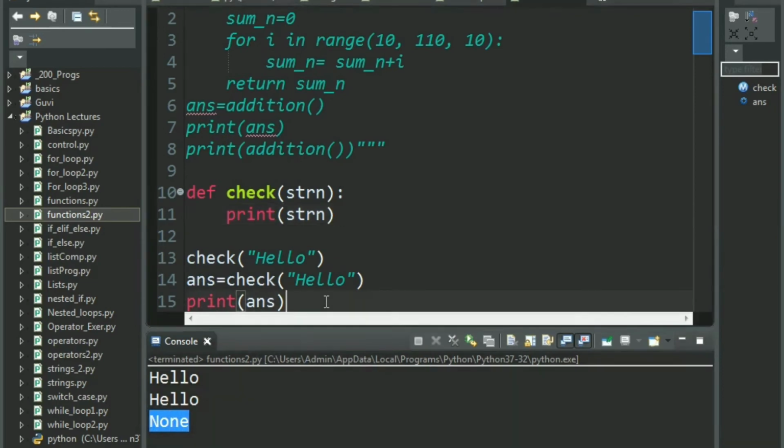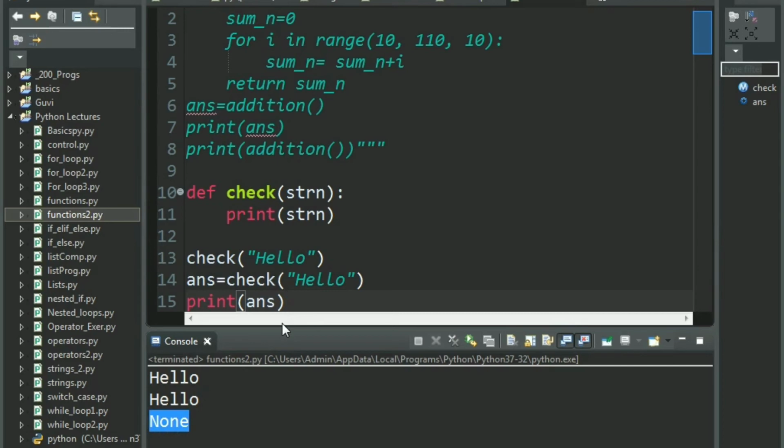Okay, now you understand the statement that I was saying. Even though you don't explicitly mention a return statement, there will be a return action going on at the back end which is not visible to you, but if you want to see it, you can print it like that and understand that every function will return something to you. Your call will never be unanswered. Okay, so you have none being returned to you.